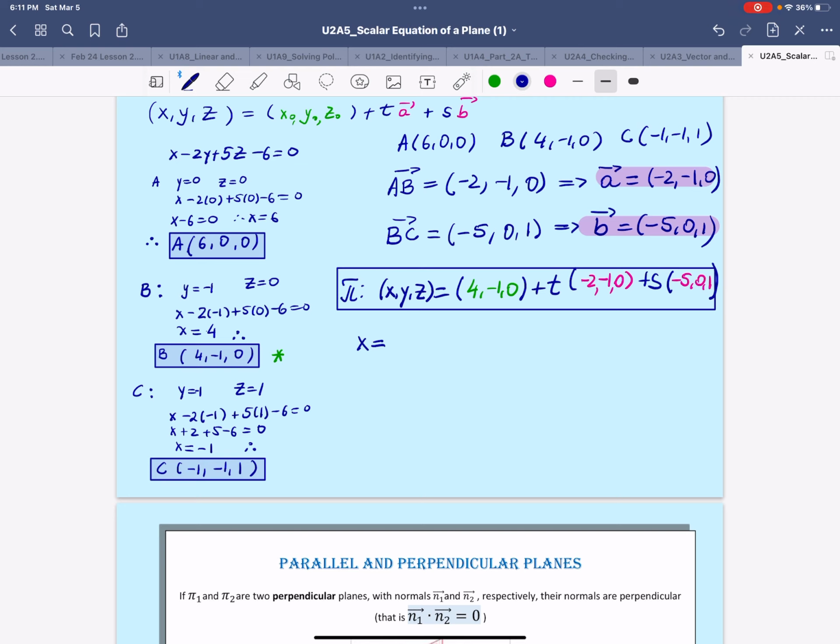So we have x equals 4 minus 2t minus 5s. We have y equals negative 1 minus t plus 0s. So you don't have to write 0s. And last z, we have 0, which we don't have to write, plus 0t plus 1s. So this would be z equals s. And there go the parametric equations of this vector. Okay, I hope this